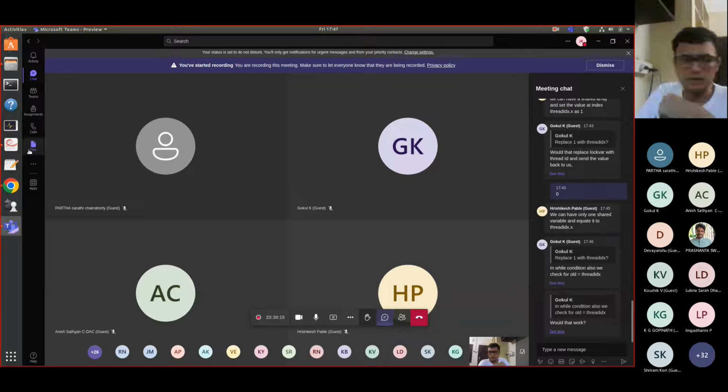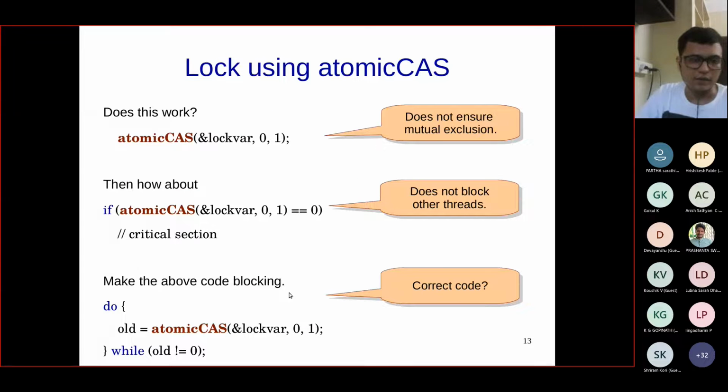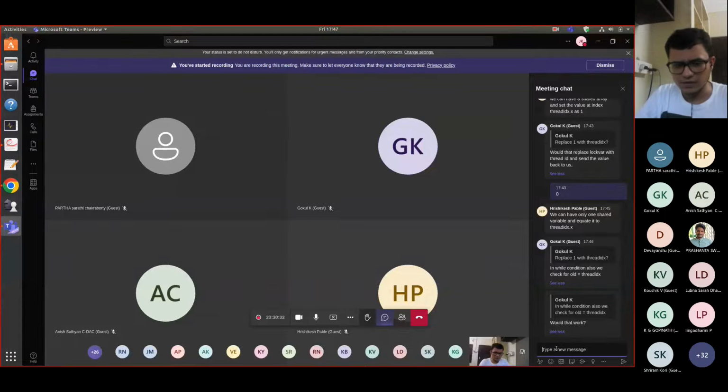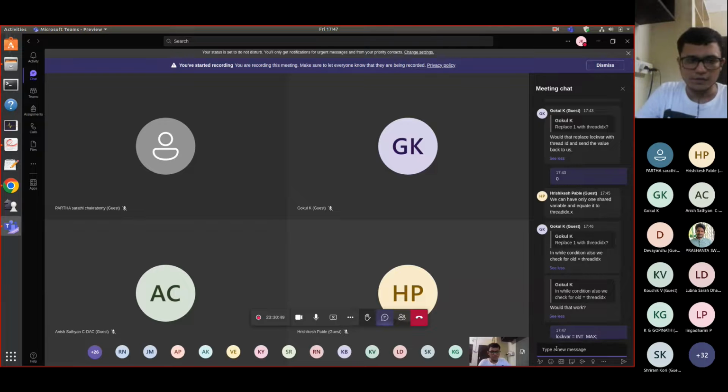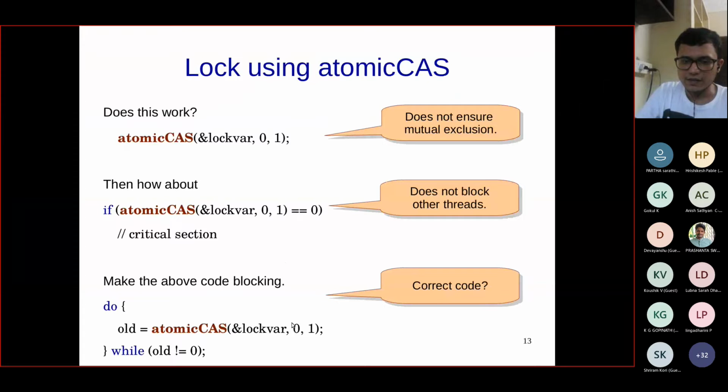But okay, let us see what I was thinking, which was slightly different. Instead of doing this, we can do it in a slightly different manner. Let us say that we know the upper bound on the number of threads, that the number of threads with which the kernel is launched doesn't exceed some 1 million. In that case, we can set lockvar to int max, and then we can check if the lockvar is int max, and